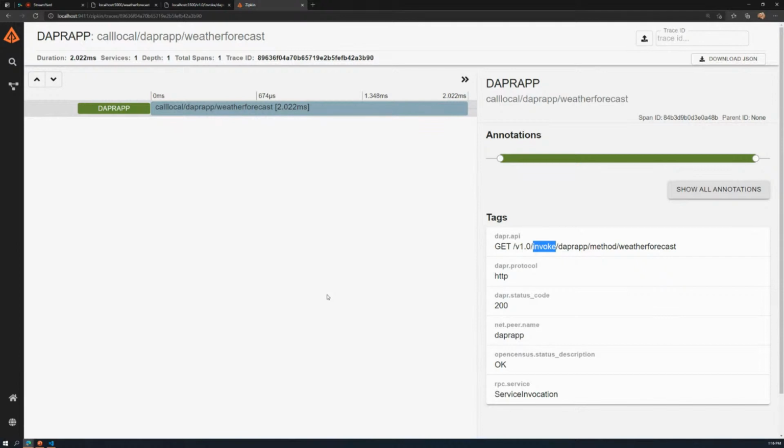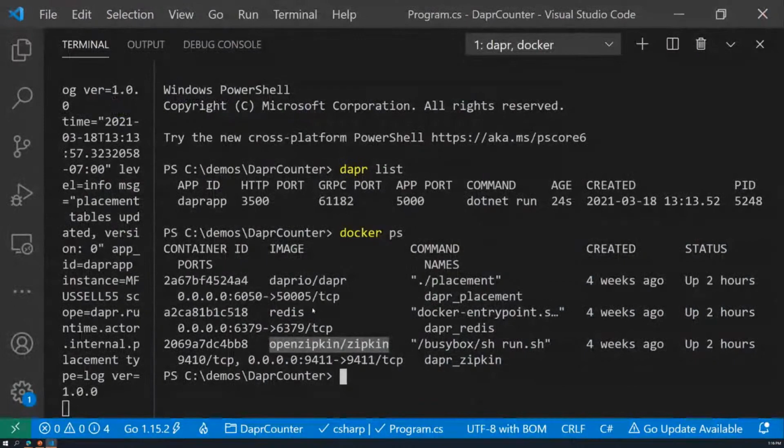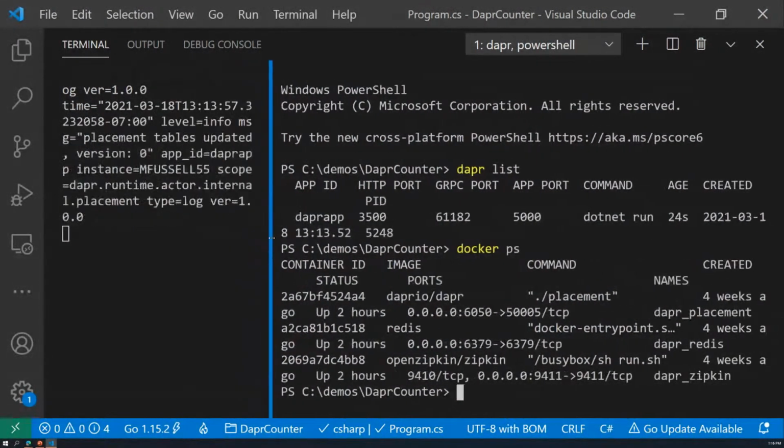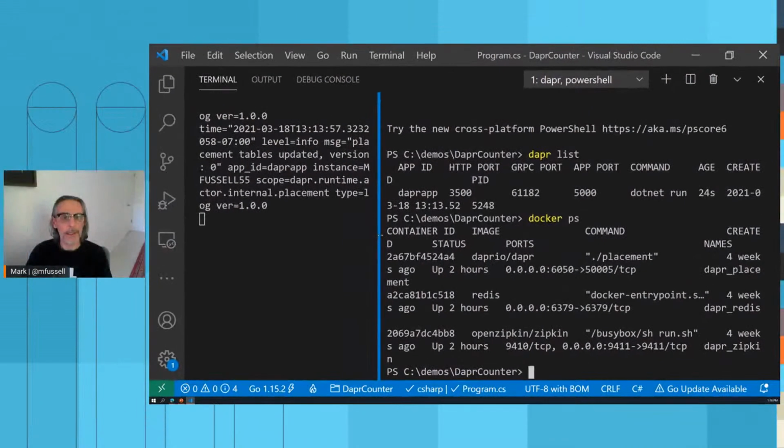You can see the call trace between all of these. But this I got out of the box for free. And that's sort of the crazy easy thing about Dapr. It gives you all of these capabilities. So that's Dapr in a nutshell as you take it off yourself. And all I did was call this over HTTP and show how simple it was.